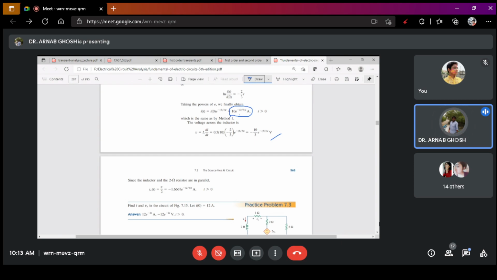So let me tell you one thing. Here it is given as the step response of an RC circuit. So what is a step response? First just let me tell you what a step response is. Initially you are having a value of 0. Say if the value of the graph is like this, initially you are having a voltage of 5 volt, or even 0 volt, and you quickly switch on, or quickly increase that to 10 volt.